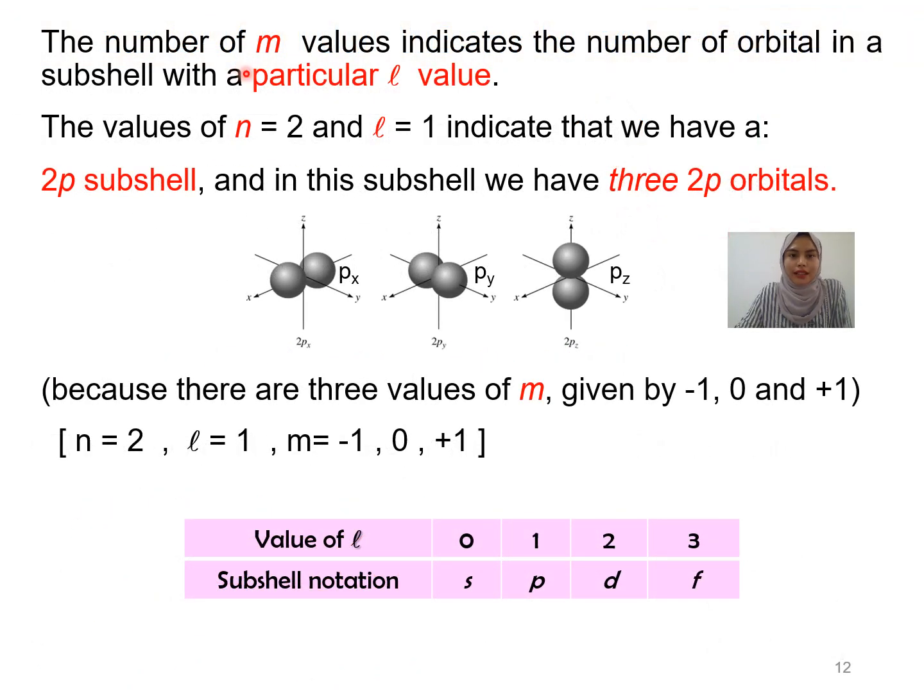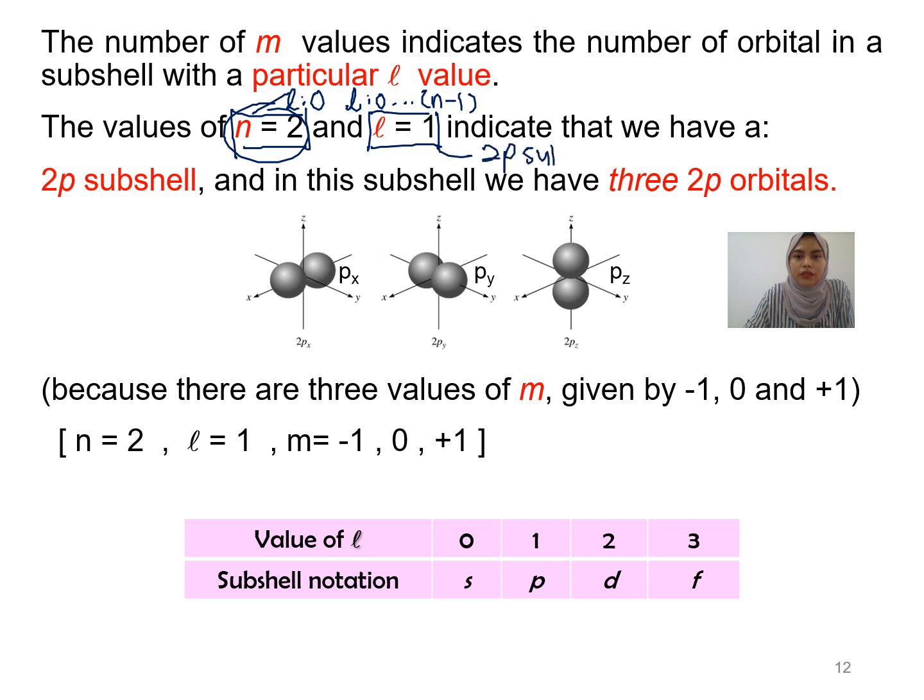Okay, just now we discussed that your M value follows the particular L value. So, for example, let's say you have energy level N equals to 2, so the value of L for N equals to 2 will range from 0 until N minus 1. That means the L value for N equals to 2 can be L equals to 0 or L equals to 1. But in this example, for N equals to 2 and L equals to 1, L equals to 1 indicates